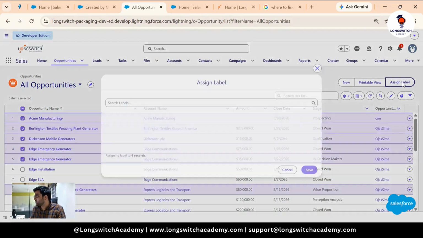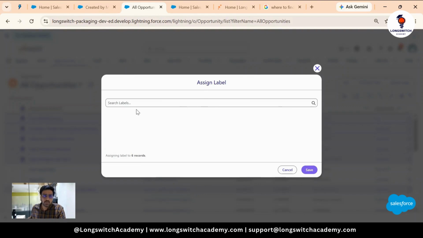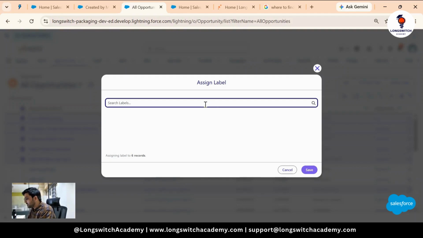Click Assign Label. This will allow you to group your selected opportunities together with a custom label. I'll give it a name, Shubham's first priority. You can give any meaningful label as per your use case, your business scenario, or your way of labeling opportunities. For example, I want to label some of my opportunities as my first priority,